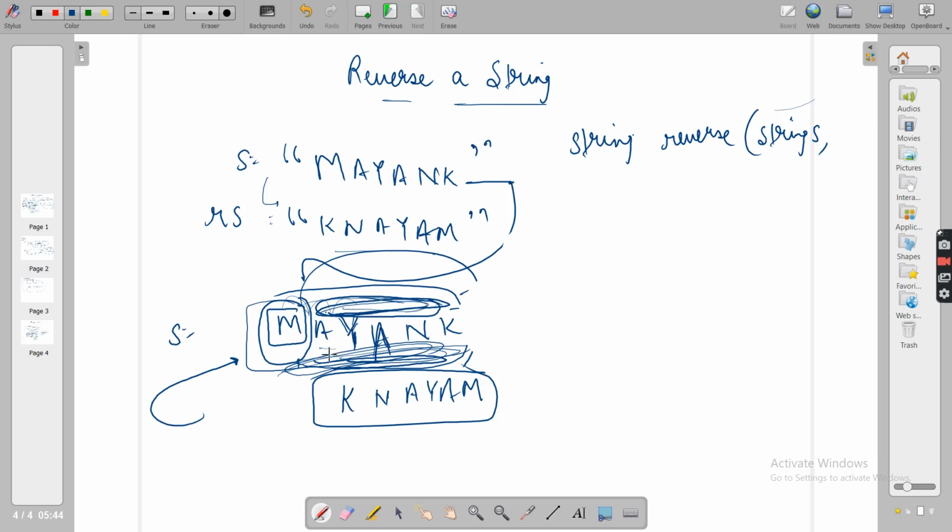What I will do instead, starting from here, let's say this was your zeroth index, 0 1 2 3 4 and 5, this is your fifth index. So you started from the zeroth value while reversing.